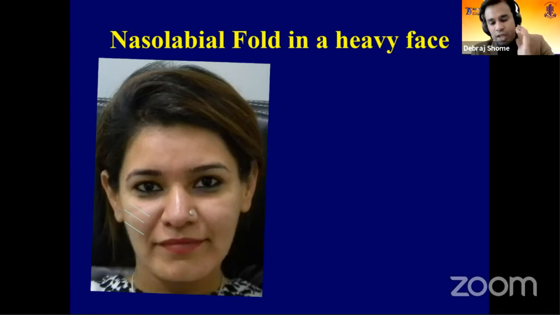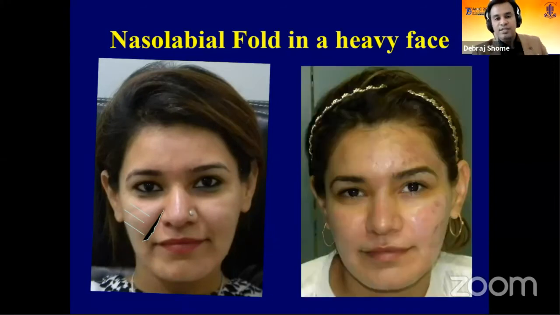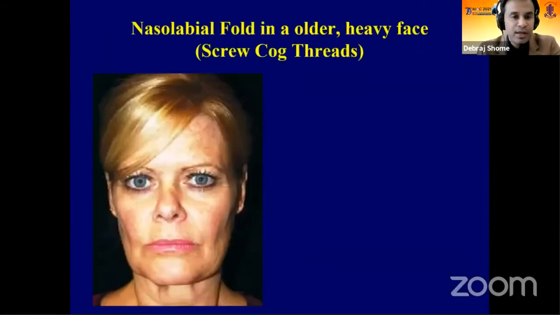Thanks. So if this can be lifted up, then you can use the fillers to coat the particular area, and you can give these sort of results. And there are certain scar marks that you see on the patient after the carbon dioxide laser has been done on her as well. So it's combination therapy.